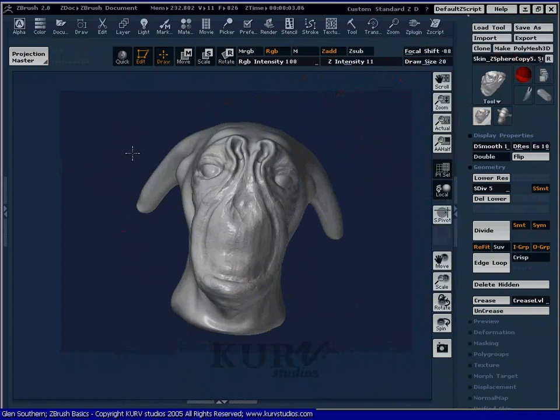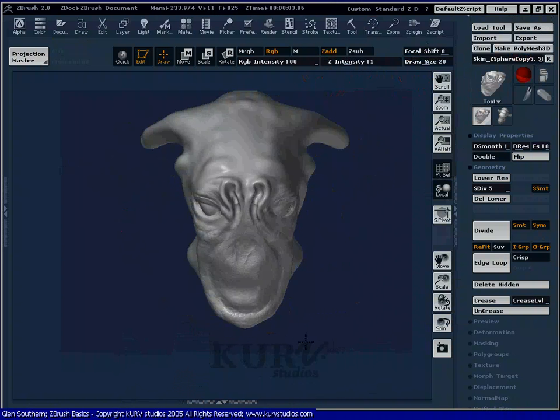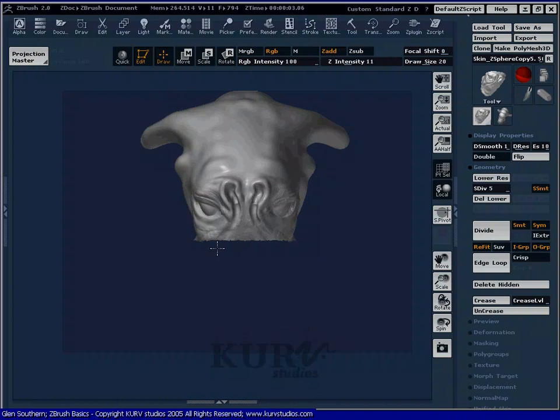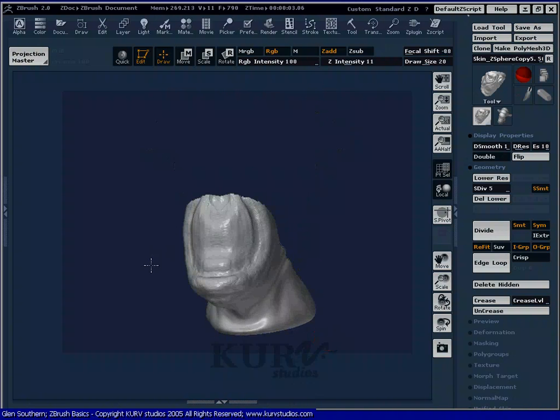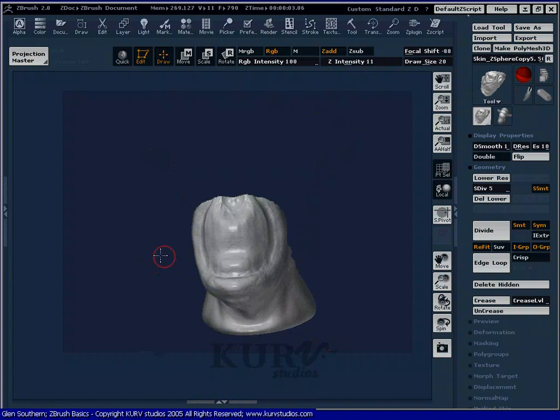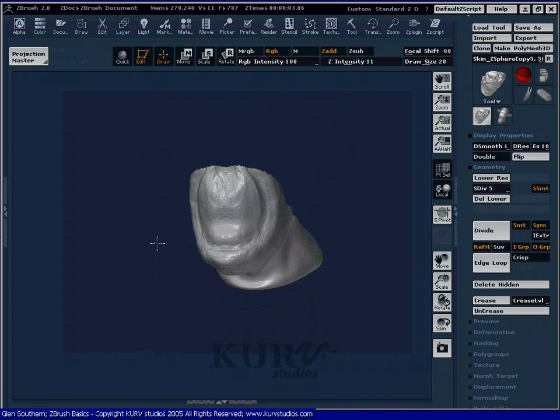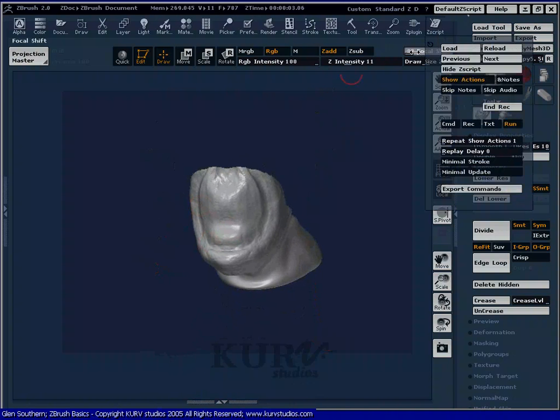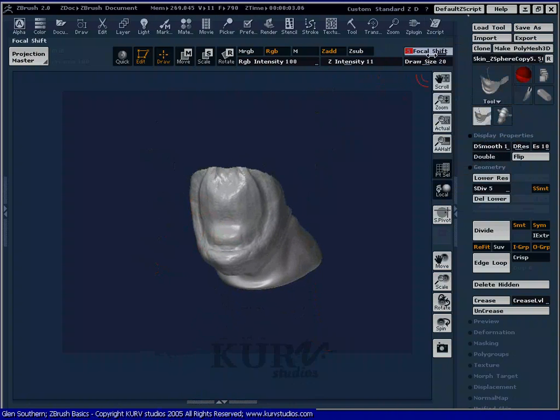Okay, so what I'm going to do is put some teeth along here, so I'm going to reveal all again, and then we'll just hide everything but the bottom, oops, wrong way. Well, there we go, hide everything but the bottom jaw. Let's move that into the middle. Just did a wrong stroke there. And then with the focal shift back up to a middle sort of setting, we'll just add in some teeth